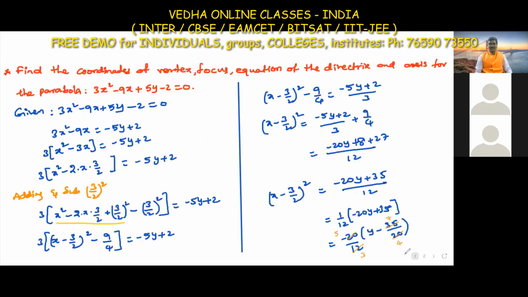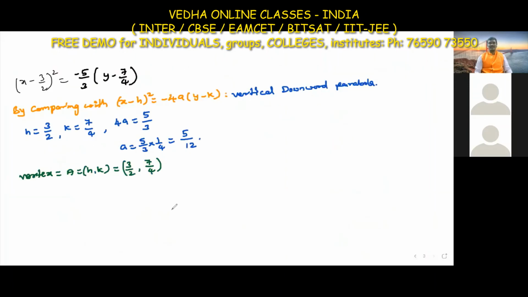After the vertex, he is asking the focus. Just tell me the focus. The focus is vertically downward, so we subtract a from k. Up and down means we add and subtract from the k value. Left and right means we add and subtract from h. Now tell me fast, the focus. h comma k minus a. Yes, h comma k minus a.